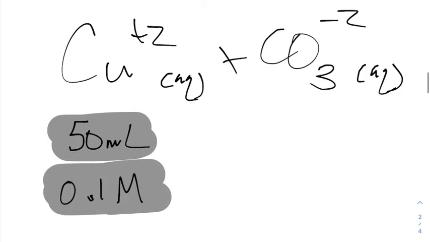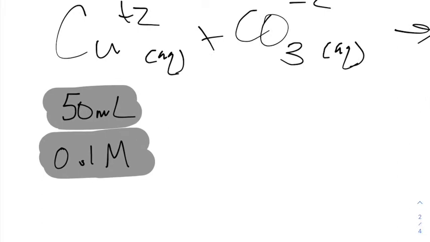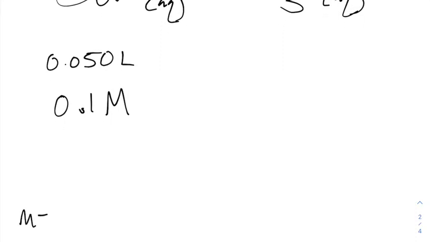In order to figure out how many moles this is, we need to take the 50 milliliters and turn it into liters. That's going to be 0.050 liters. Using our molarity equation, molarity is equal to moles per liter, or moles is equal to the molarity times the liters. Multiplying these together, we get 0.1 molarity times 0.05 liters, and we end up with